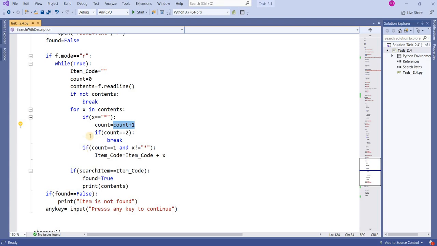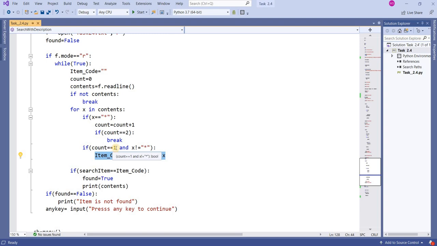And what I am writing here, if count equal to 1, then it will store the item code, when they fetch the characters, when count equal to 1 and x not equal to star, because count equal to 1 after 1 star. It shows me count equal to 1.